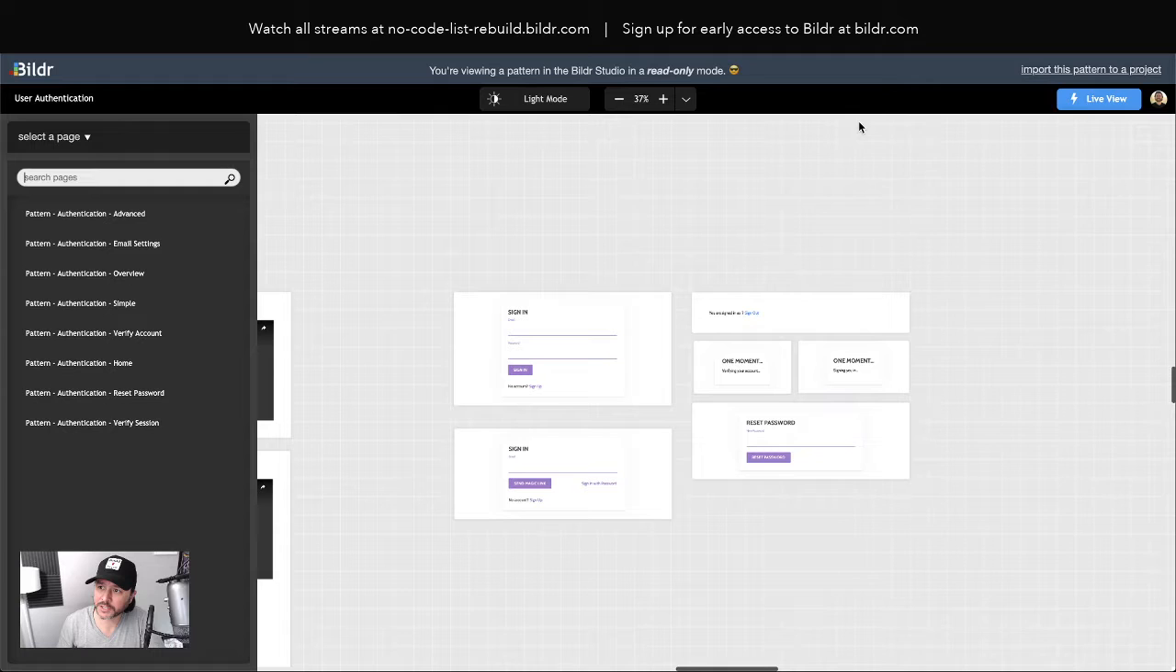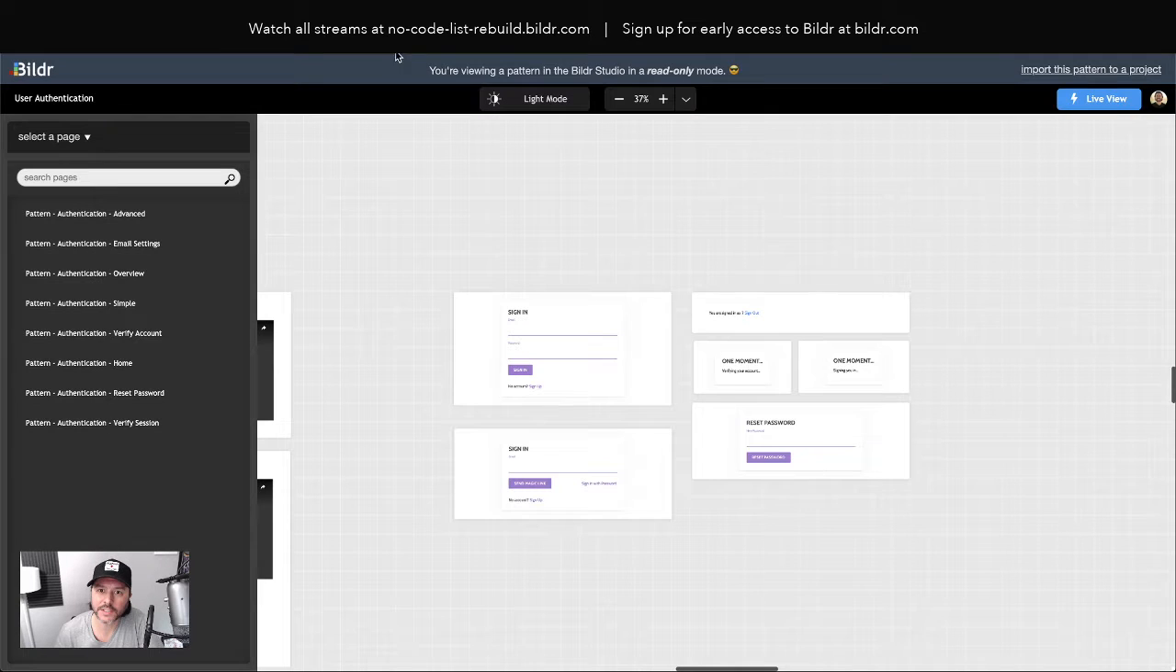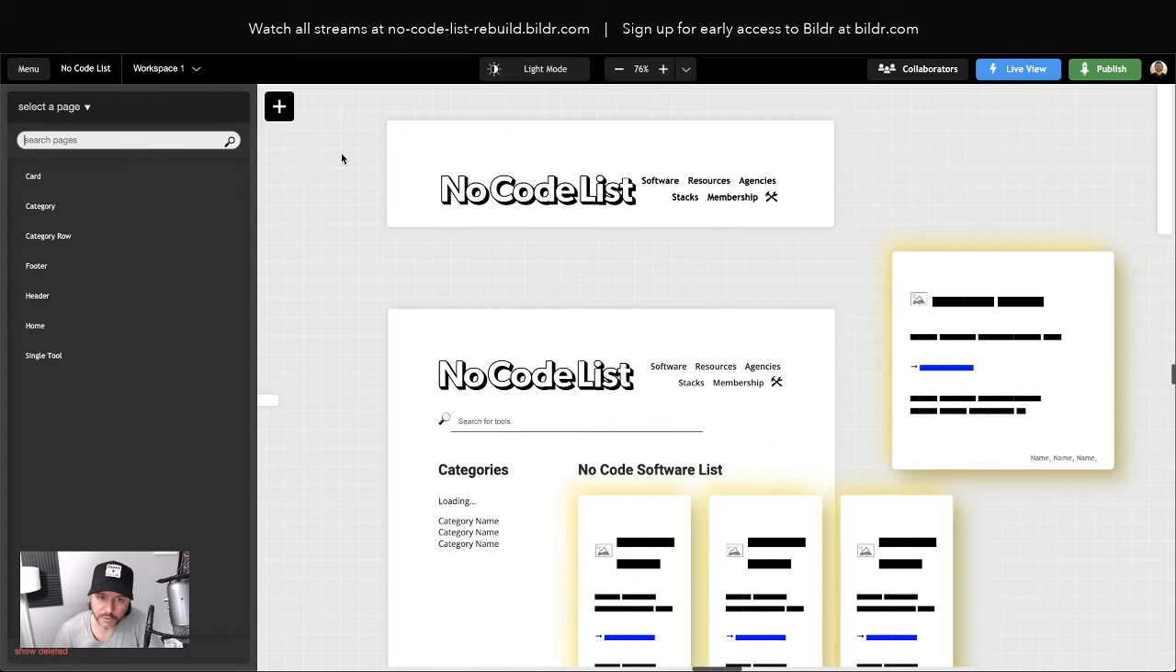If you're signed in, there's a button here to import this pattern into a project. So I could click this and then choose my project. But since I have a million projects, and because I want to show another way, I'm just going to import it directly. So I can also, from the other end, from inside the project,